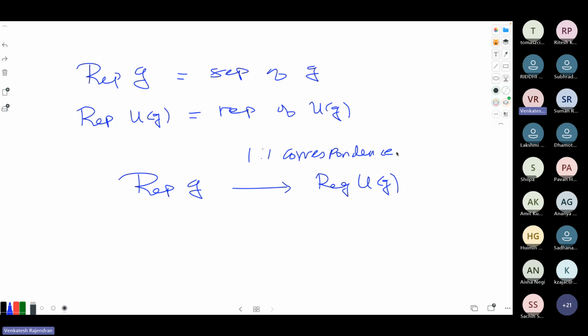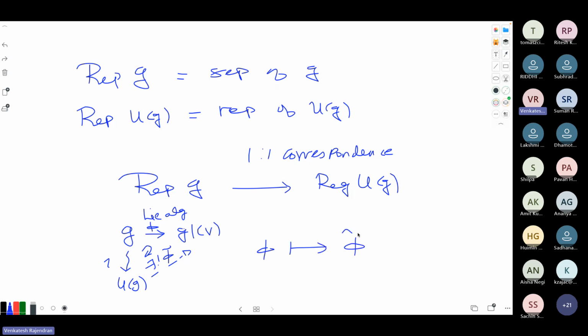So how is it defined? You start with a representation. That means you have a map from G to GL of V, which is a Lie algebra homomorphism. Let's call it pi. Then you have this map from G to UG, which is iota. Then this pi is uniquely extended so that this diagram commutes. You can take this pi and send it to pi tilde, and this is a unique correspondence from pi to pi tilde. So naturally this gives an injective map because of the uniqueness.